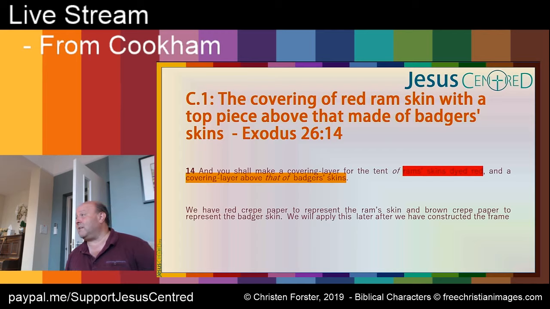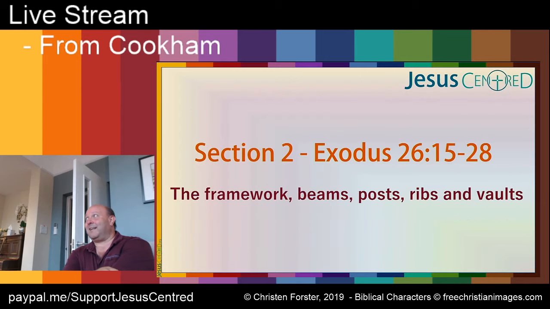The majority of the roof is red, but for some reason there's a reference to another bit of roof that's a different colour. That other bit actually makes sense when we get to making the dome, because we'll see there are two parts to the dome: a red part and, as it turns out, a brown part. So we've got crepe paper for the skin, but we won't make you do that just yet. We've got the whole day on Saturday, so people can take their time.